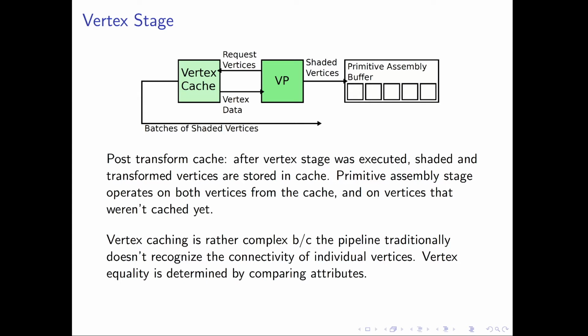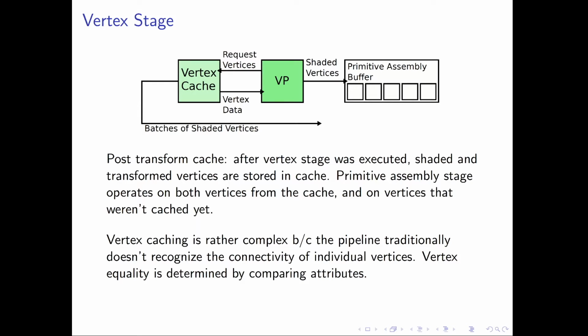Those algorithms and implementations usually use some types of heuristics, because it's not very well documented how the post-transform cache actually works. The size is usually not documented, and the internal execution model isn't well documented either. But suffice it to say that it's a non-negligible part of the vertex stage and that people actually optimize for it. So we have this part of the vertex stage, the input assembly phase,